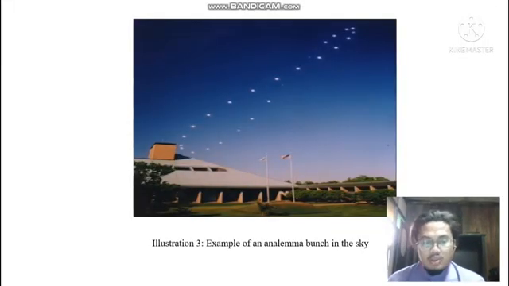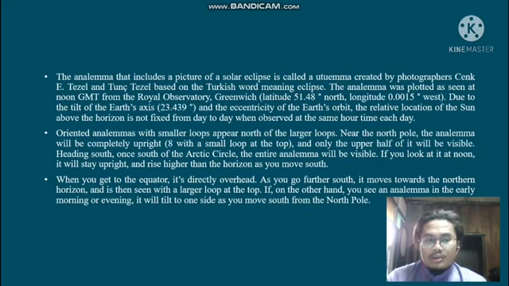So this illustration 3 shows an example of an analemma photographed in the sky. The analemma that includes a picture of a solar eclipse is called Tutulemma, created by photographers Tunç Tezel and Anthony Ayiomamitis, based on the Turkish word meaning eclipse. The analemma was plotted as seen at noon GMT from the Royal Observatory, Greenwich, which is at latitude